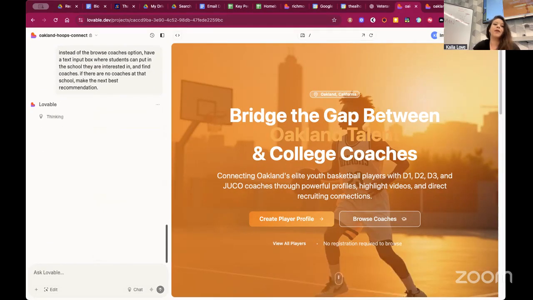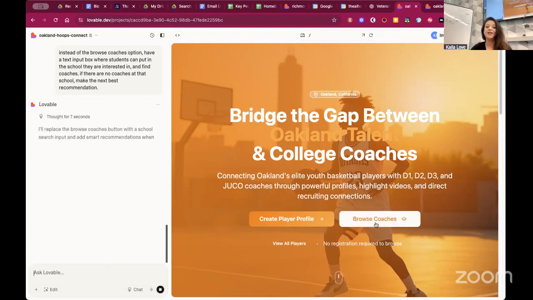Yeah. Perfect. So you can see, I'm not doing anything like no crazy coding or anything like that. I'm literally just saying the thing that I want. So Sharif said, instead of just this browsing coaches where there's not really a criteria of where we would start or how we would sort the coaches when we get them, it's going to be like, oh, let's start with a specific location or a specific school.